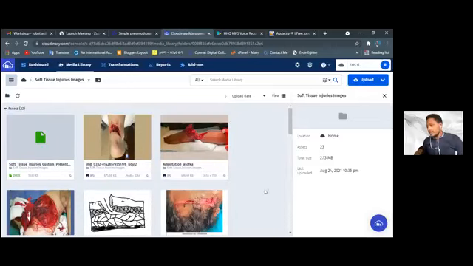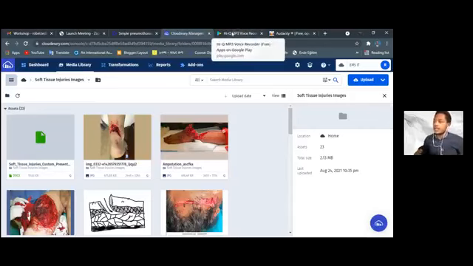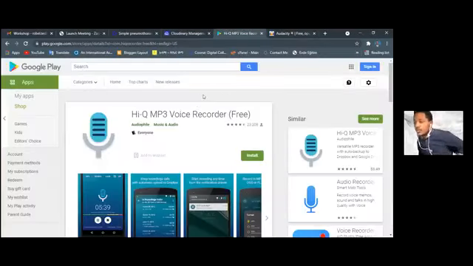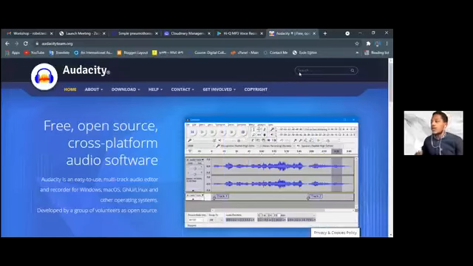So on the same topic of Cloudinary, we will see audio recording. For audio recording, the materials we were trying to use, the first one was HiQ MP3. And if we are using our desktop studio to record our voice into our PC, we were using Audacity.